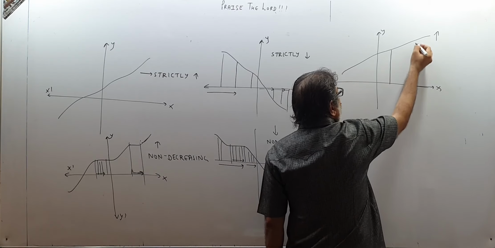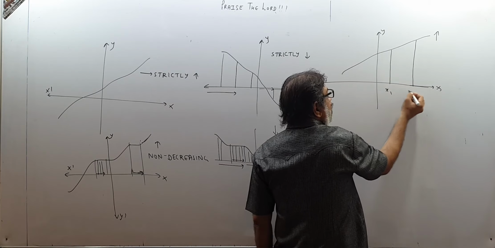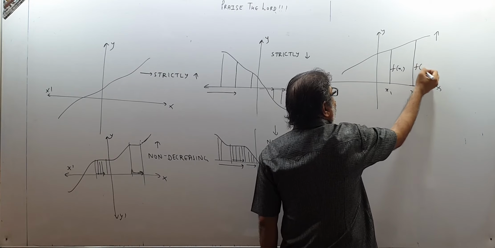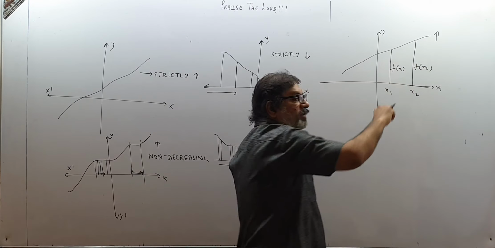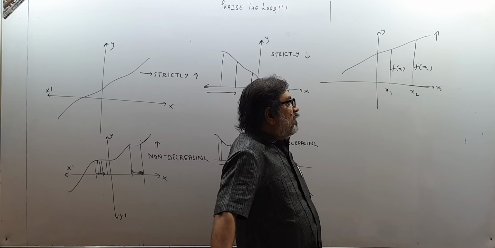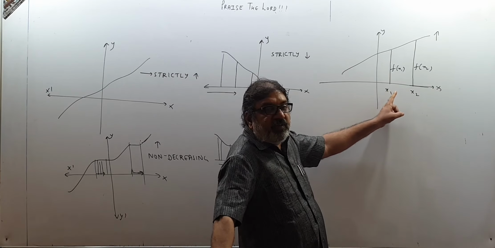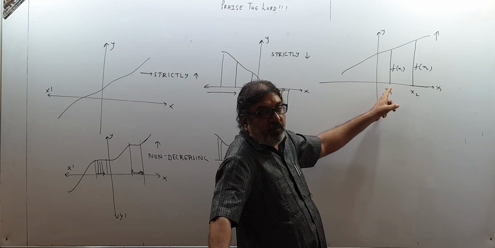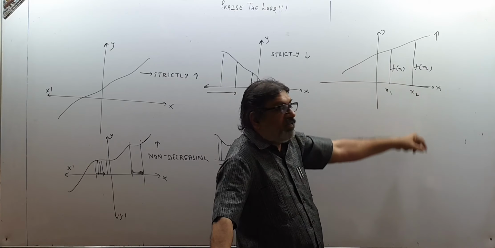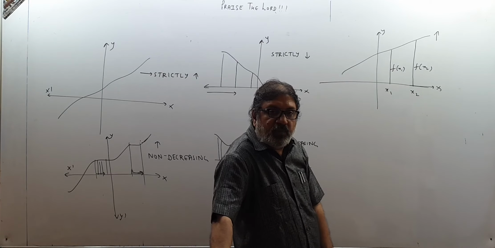This is one height of the function, this is another value of the function, x1 and x2. This height will be called f(x1) and this height will be called f(x2), because these are values of the function and a value will be obtained from the height of the graph. So at this point, when the value of the variable is x1, the height is f(x1), the value is f(x1). When the value of the variable is x2, the height is f(x2), the value is f(x2).